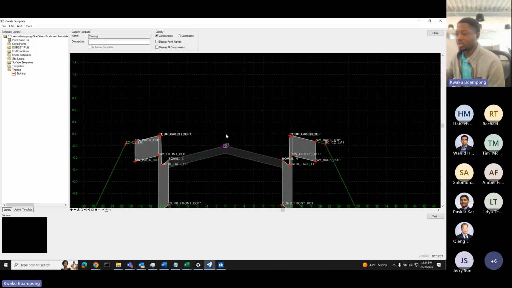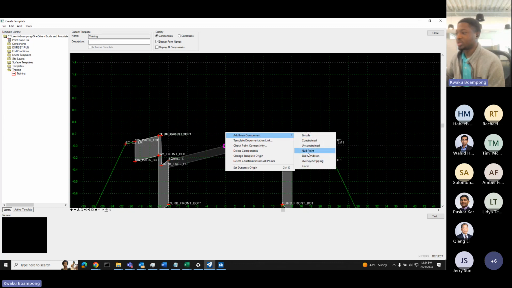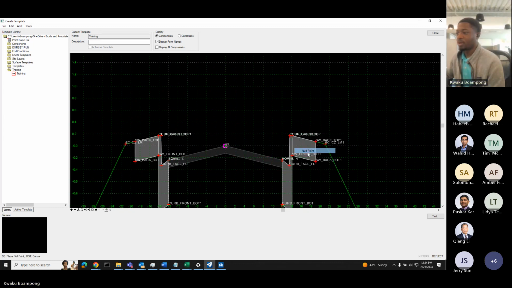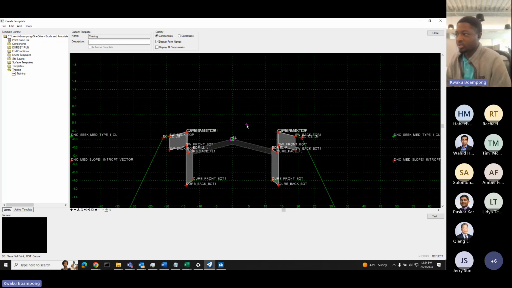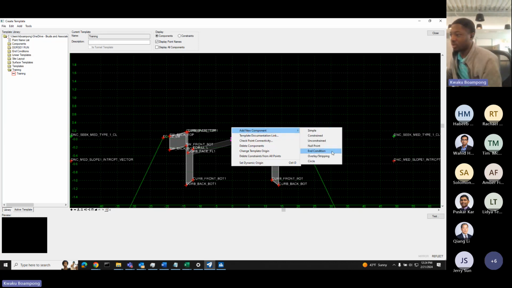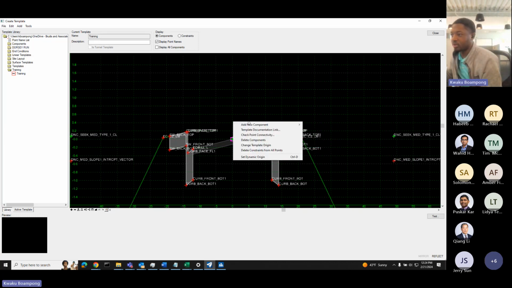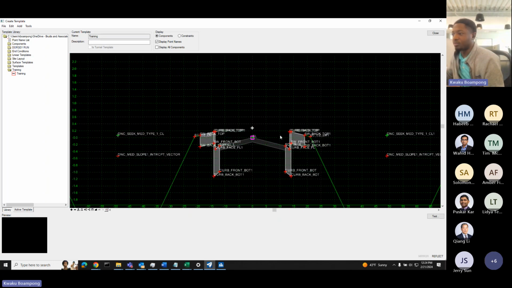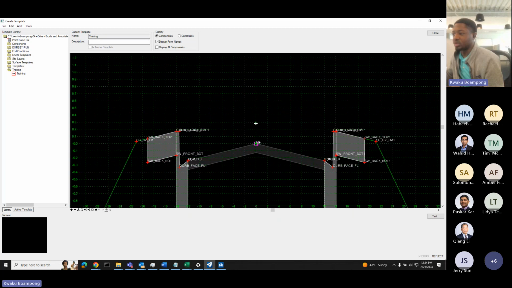But let's say in the case that we don't want a ditch, we can set a display rule. And a display rule typically requires a trigger to set it on or off. In order to create that trigger, you would create a null point by right-clicking your mouse anywhere within the template, selecting null point, dropping it right above the center line. You can realistically drop it anywhere. I'm just going to say a foot offset from my center line would be my trigger to activate